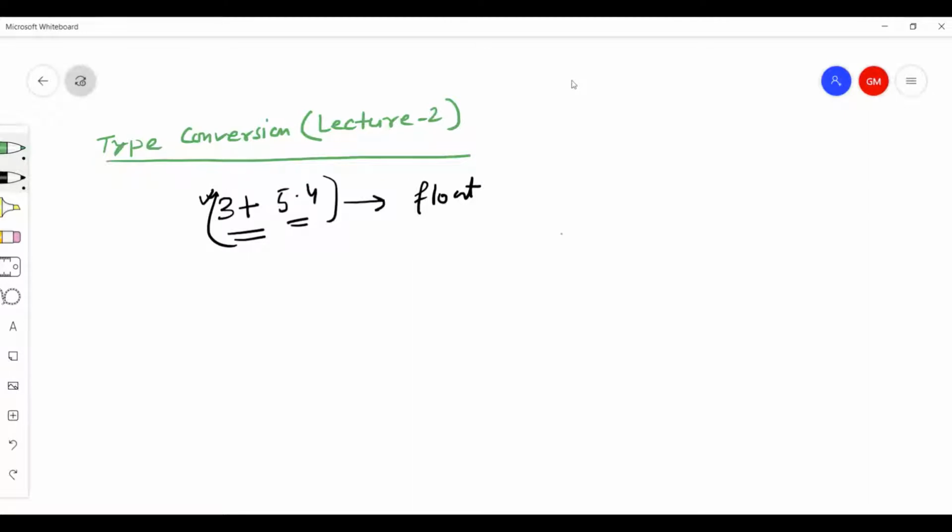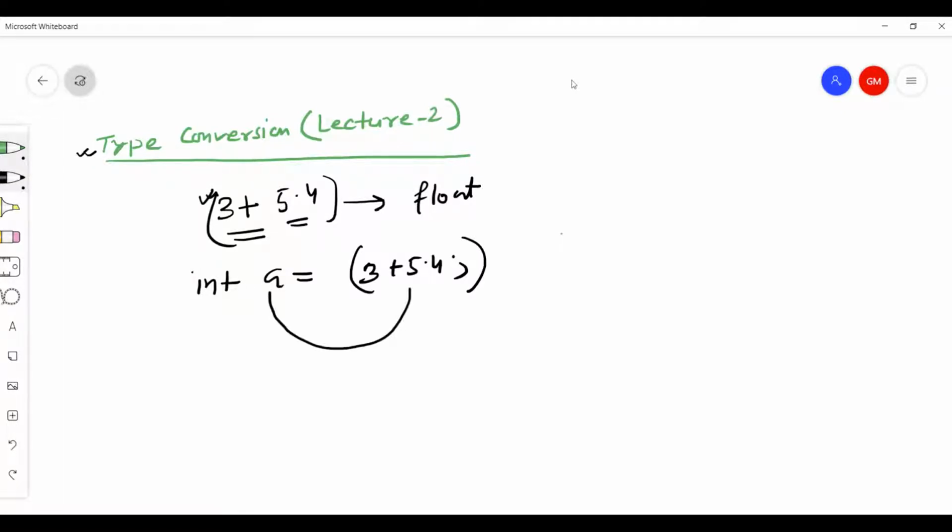In another part of the discussion, I told you that suppose some variable a has been declared and we are evaluating the same expression 5.4. In this case, type conversion will be done two times. One for this expression and another when the value of this expression is assigned to variable a. Because when you assign the value of this expression to a, we need to consider the rules for the assignment operator during type conversion.